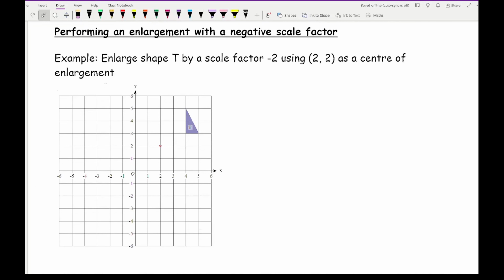Now here, as an example, we're asked to enlarge the shape T by a scale factor of -2 using (2, 2) as a centre of enlargement. Now, just in case it's a bit difficult to see on your screen, this here is my centre of enlargement. Now there are two methods to do this, and again you can entirely choose which one you want to go for, whichever you find more convenient. So method 1 is using column vectors